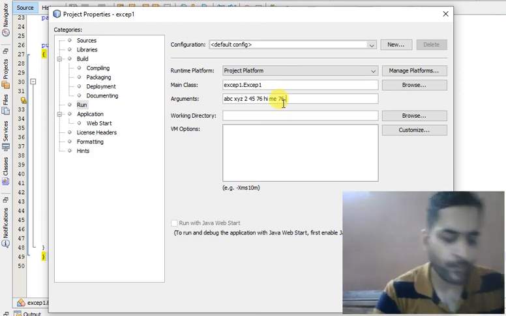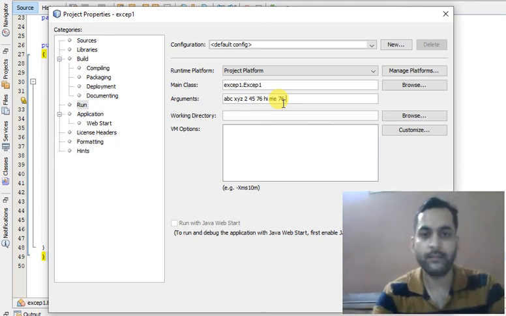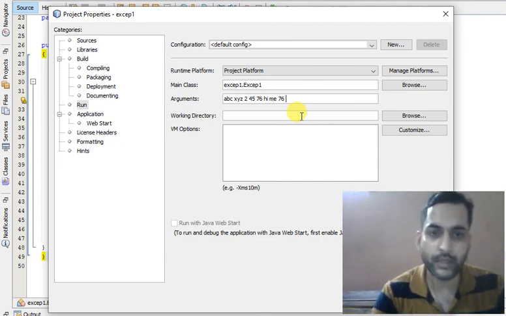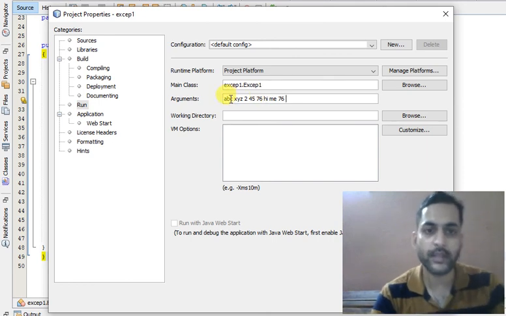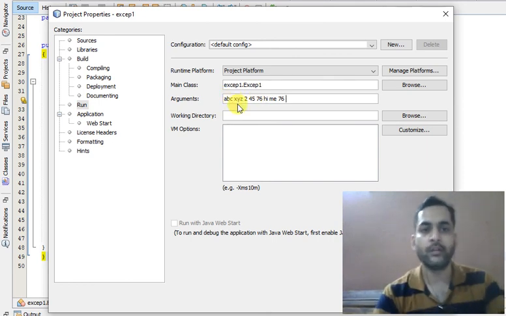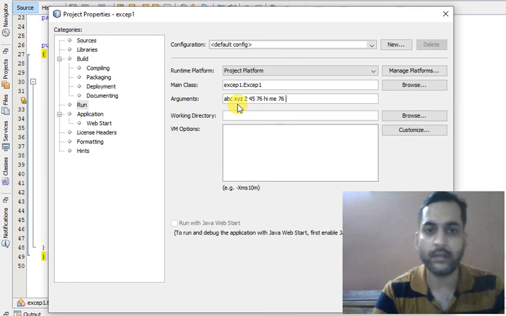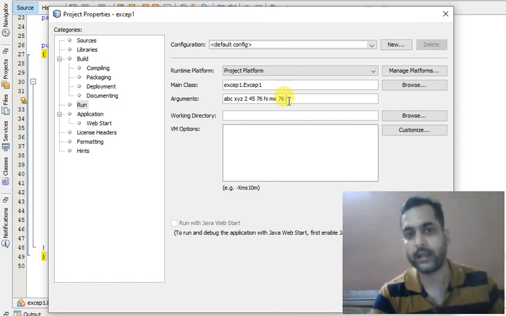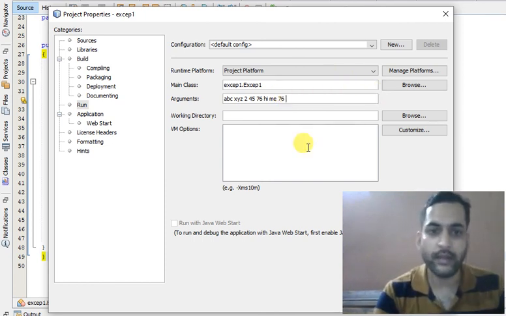If we use casting to convert this 76 into a number, it will be easily converted, but the strings ABC and XYZ will not be converted. So these are invalid, and 2, 45, 76 and 76 are valid numbers. So there are 4 valid and 4 invalid numbers.